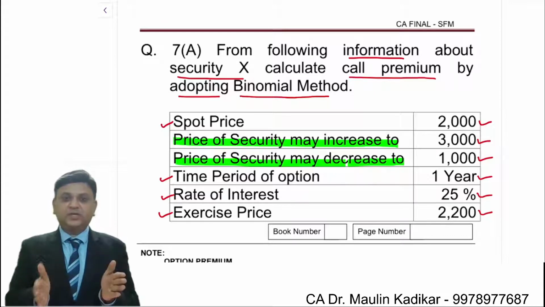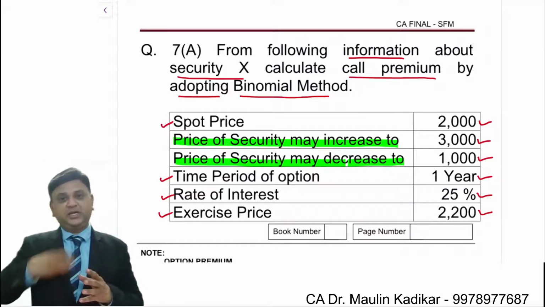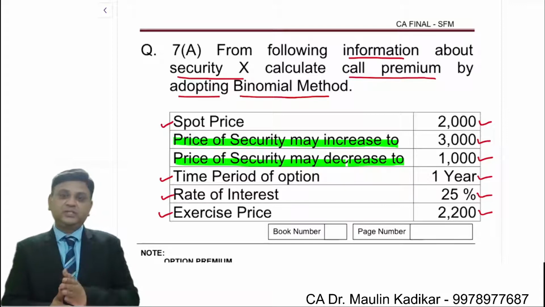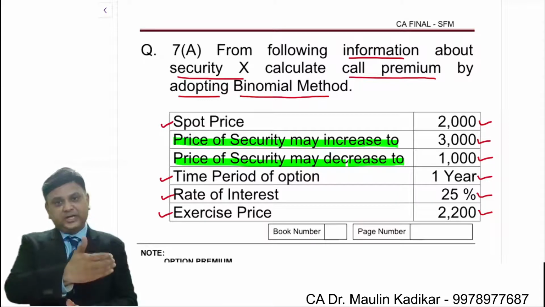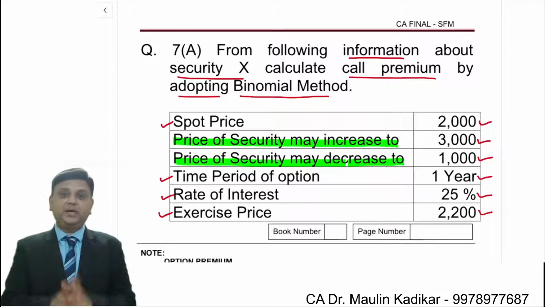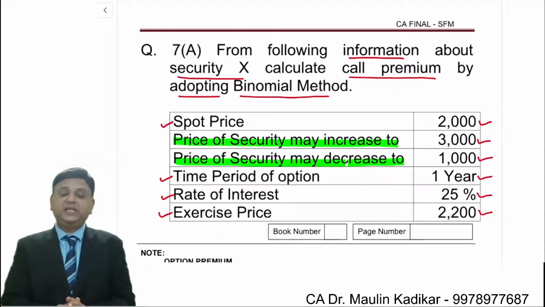We can correlate the concept with something like this. Suppose there is a question in capital budgeting in which you are required to decide what is the maximum price that you are ready to pay to buy a machinery. Then what do we do? We make the forecast of the future cash flows. Those future cash flows are discounted in present value terms, and the present value of the future cash inflow is the price that you are ready to pay to buy the machinery. The same concept is applicable here for premium calculation.